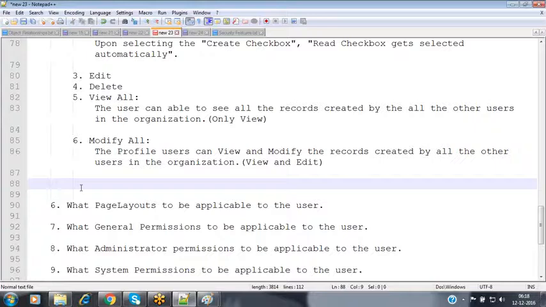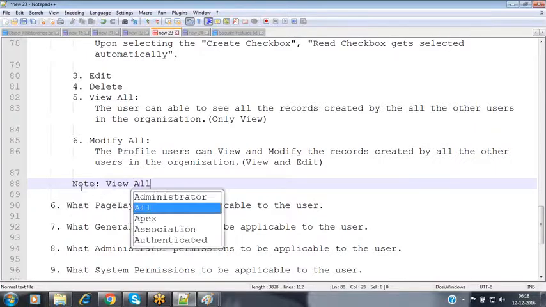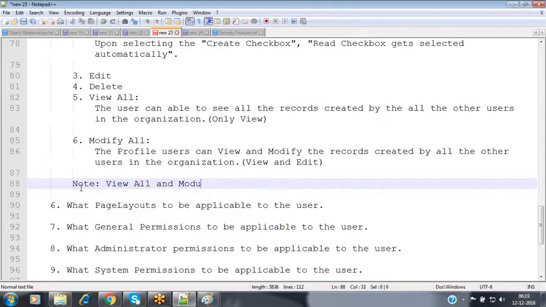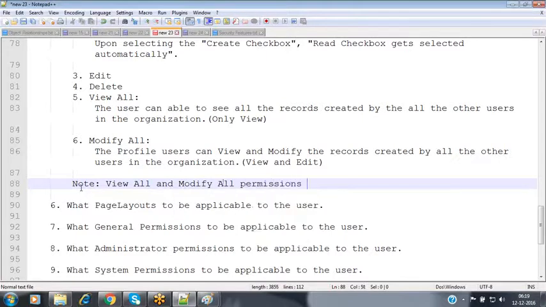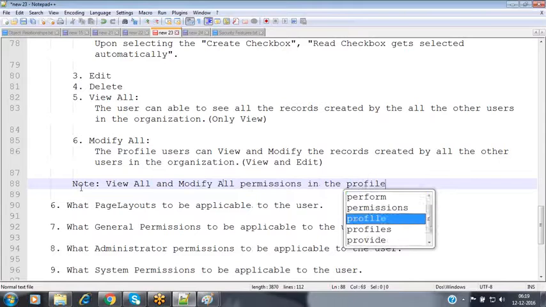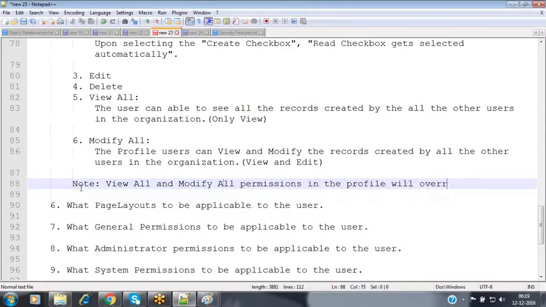Now, let's make a note here. View all and modify all permissions in the profile will override the OWD.